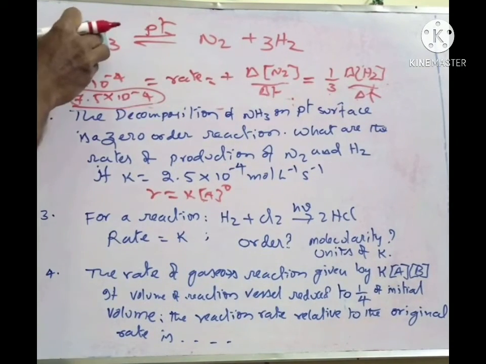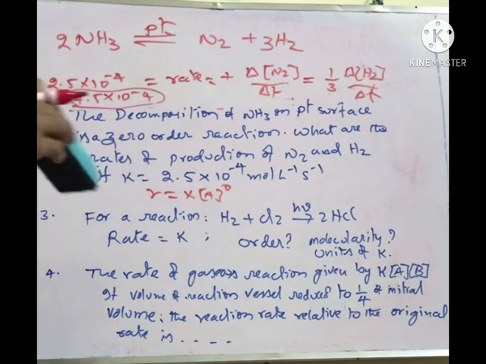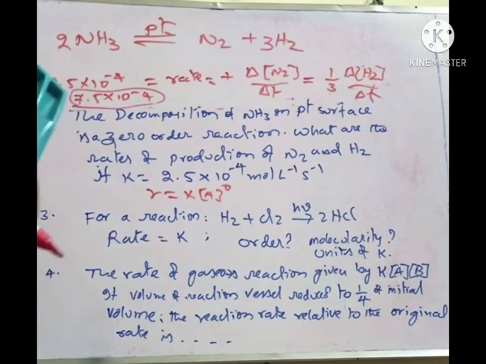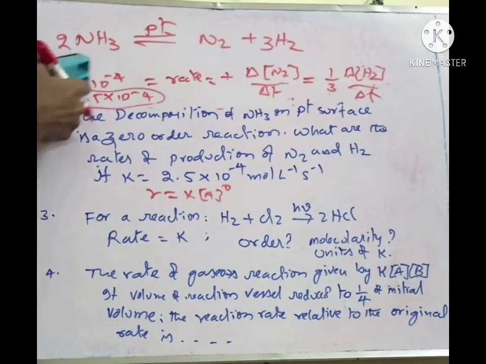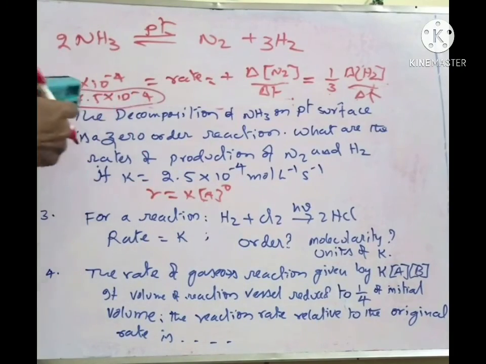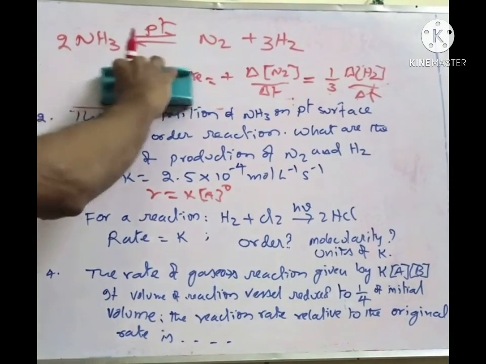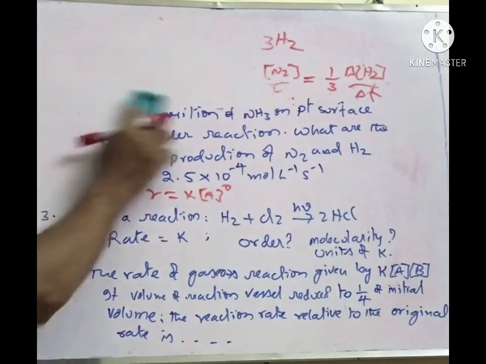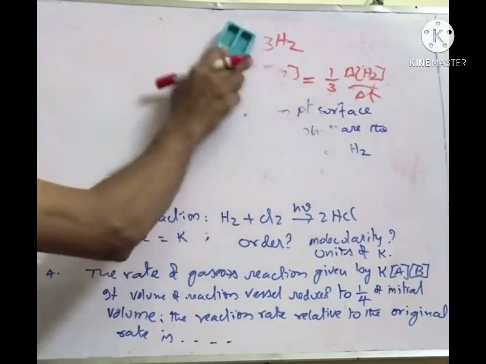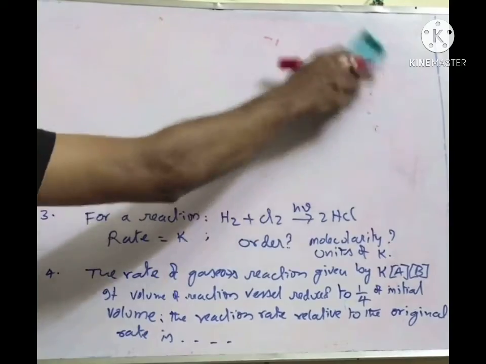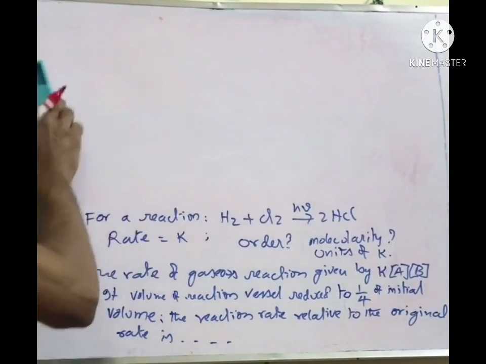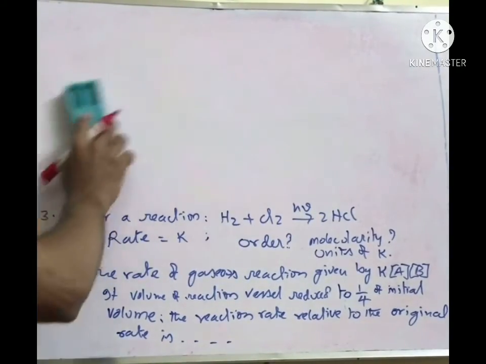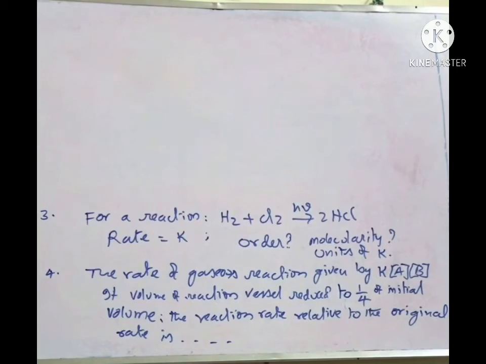Similarly, they can also ask the loss of ammonia, how much it is consumed. So similarly we will use 1 by 2 of delta N2, and 2 times it will be there. So this is the way we can answer this particular question. They have given only the rate constant, but since it is a decomposition and a zero order reaction, it doesn't depend upon the quantity of ammonia. So in zero order, K is equivalent to rate. Next one we will see.